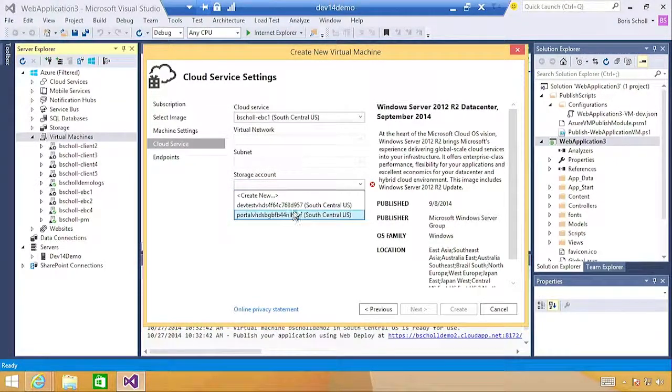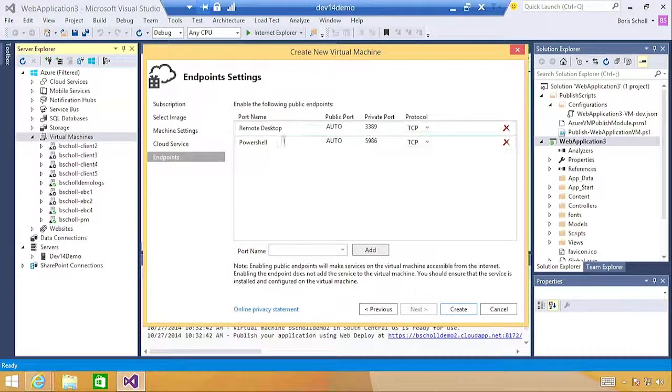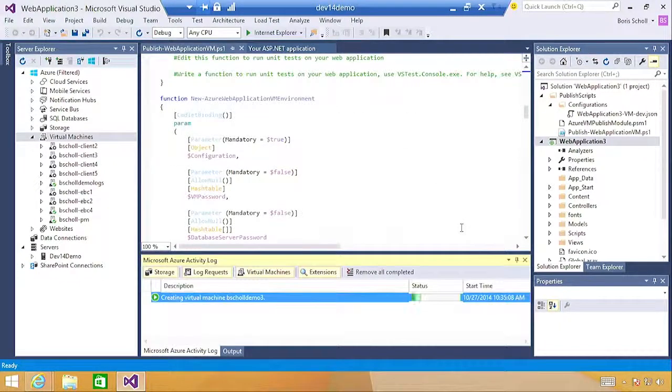And I can select the storage account here, hit next. Here I can add a bunch of endpoints to my machine if I wanted to, and then I hit create. So this follows exactly the same thing. Visual Studio goes out, uses a bunch of calls to create the virtual machine for you. So once the virtual machine has been created, let's go to the one that we have created recently. Go to